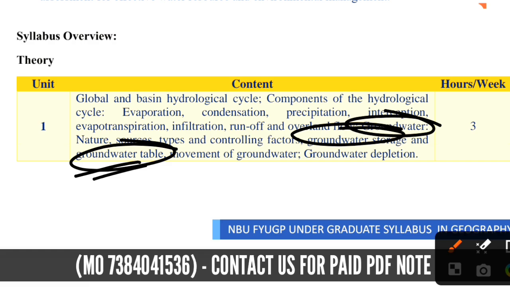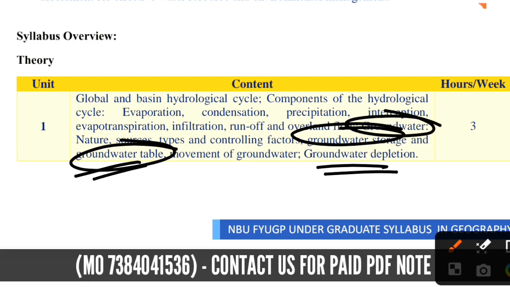The final topic of this unit is groundwater depletion. Groundwater depletion simply means the reduction of groundwater level because groundwater is being used faster than it is being replaced. So if you want to remember unit 1 very easily,